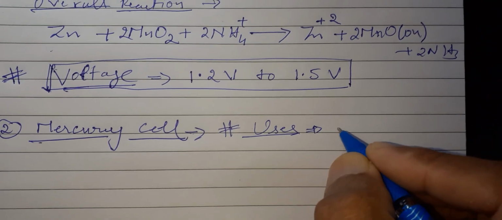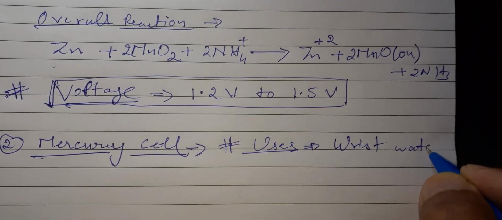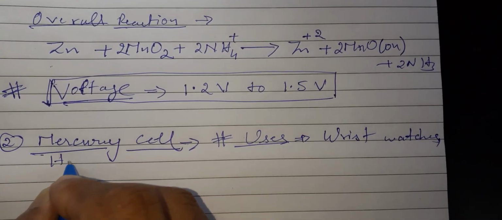So mercury cells are used in wrist watches, hearing aids,